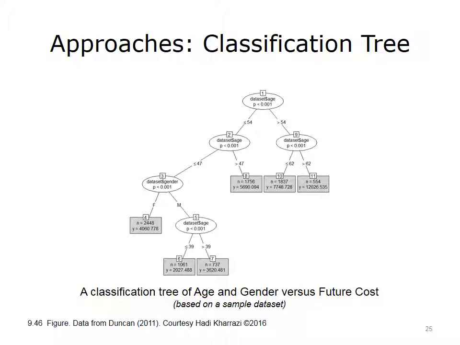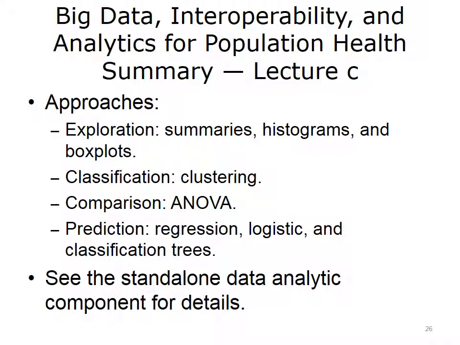For example, in this decision tree, the first branching is based on whether the age of a population is more than 54 or not. Also indicated by the tree is that gender is only significant in differentiating the variance of future cost if the population age falls below 47. In the leaves, N refers to the number of patients in that category, and Y refers to the mean outcome, which in this case is future cost. This concludes Lecture C of Big Data,